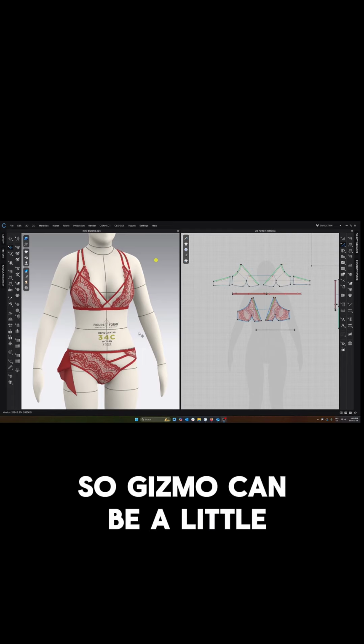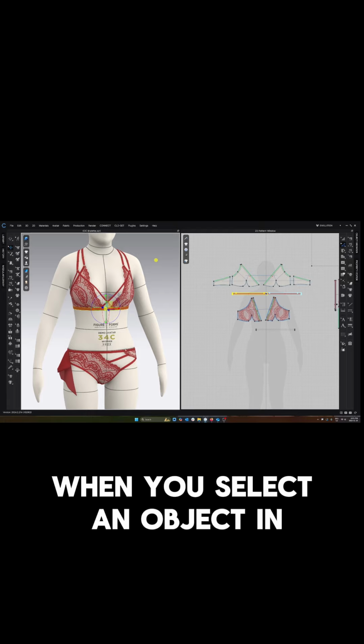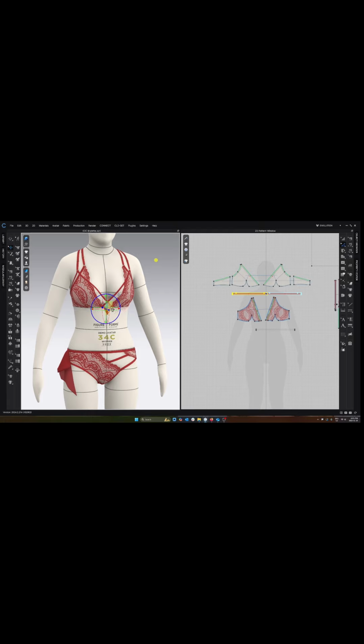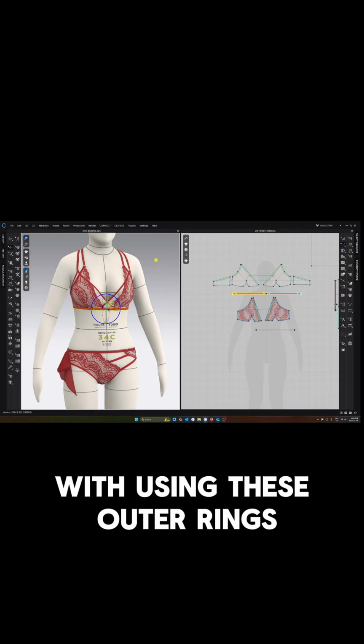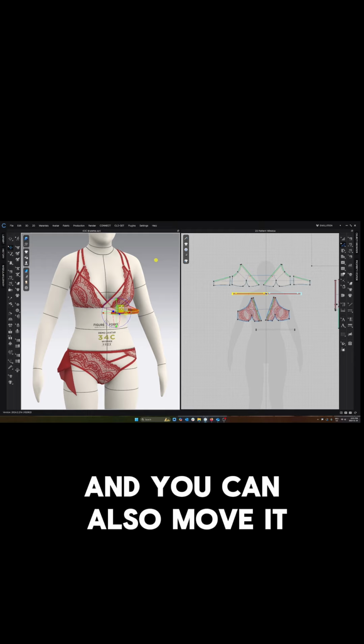So Gizmo can be a little bit tricky to use in Clo, so save this guide as a quick reference for you to come back to in the future. When you select an object in Clo, you get Gizmo, which allows you to move that object. You can rotate it using these outer rings. You can move it along its axis using the center arrows, and you can also move it along its plane